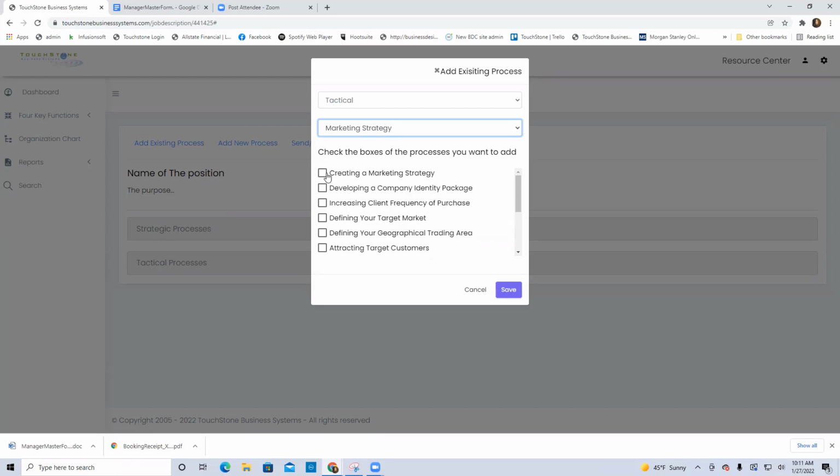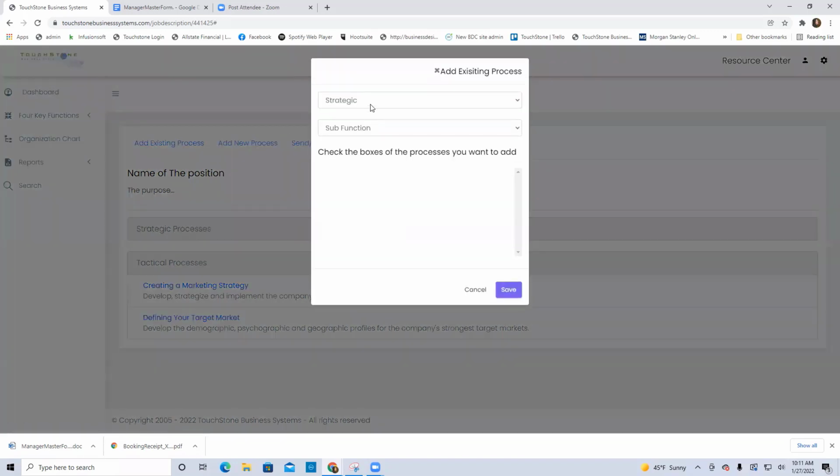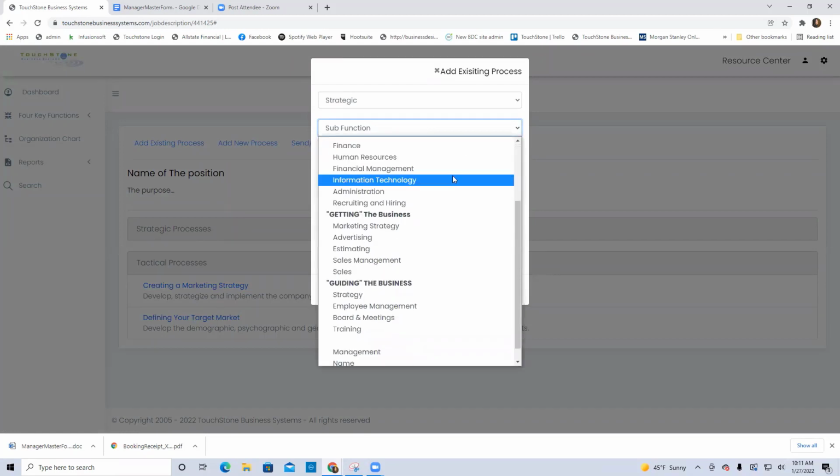So I would pick the processes that this position is accountable for, and then I just hit save. So now those processes appear. TouchStones link them from the 4 key functions to this position. Then I would go back, add existing process, strategic or tactical, hit the subfunction dropdown, and go back maybe to